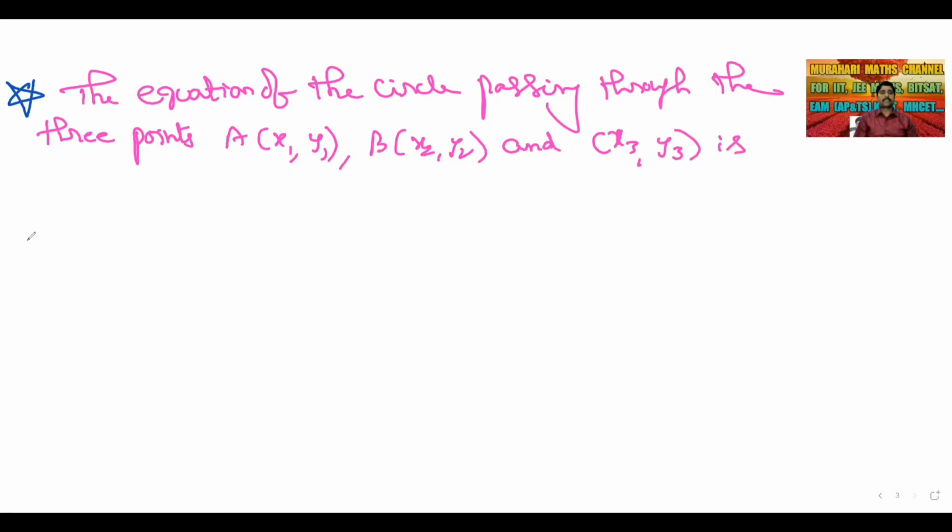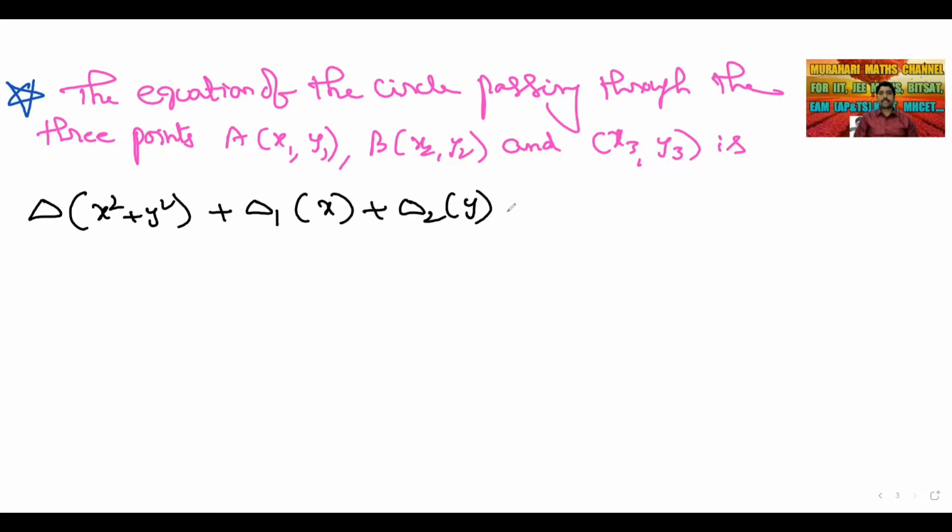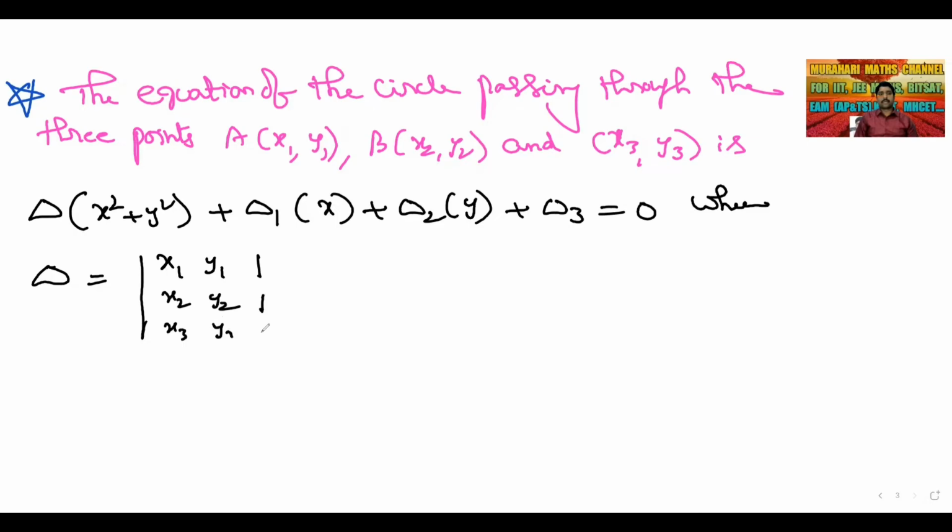Okay, it is Δ times (x² + y²) + Δ1 times x + Δ2 times y + Δ3 = 0, where Δ is equal to the determinant of the rows (x1, y1, 1), (x2, y2, 1), (x3, y3, 1). So Δ1 is equal to